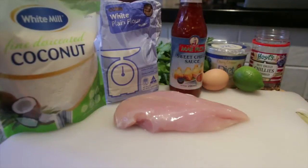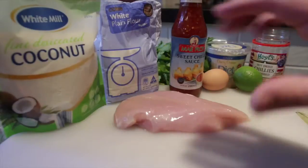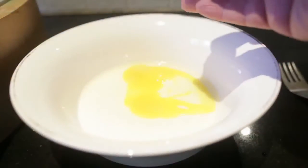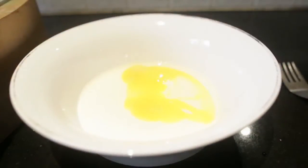Now, you'll see how this all comes together. The first thing we need to do is get this chicken crumbed, so we're going to put all these things aside. Let's get on with the first part of the recipe. The first thing we need to do is make the egg wash. So I'm going to use 2 eggs,